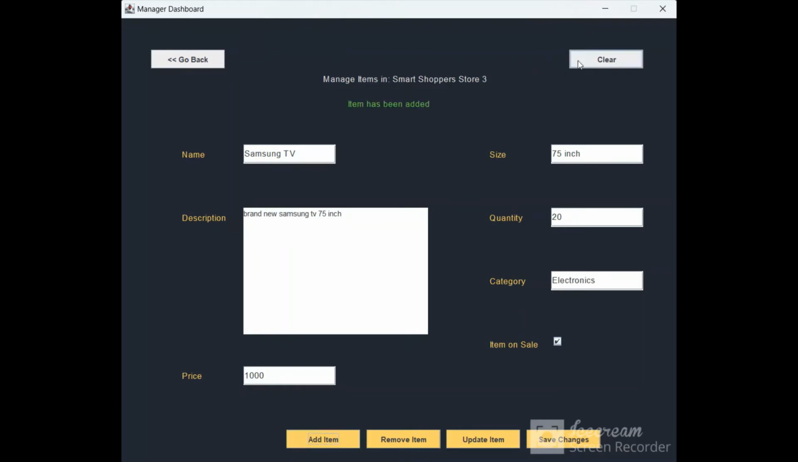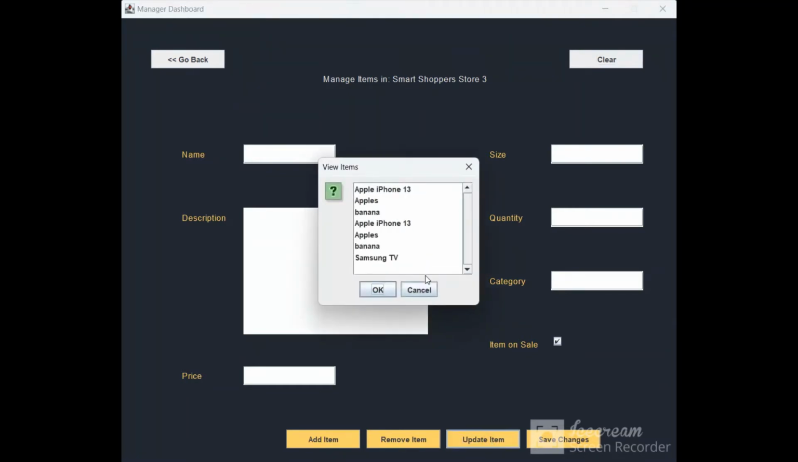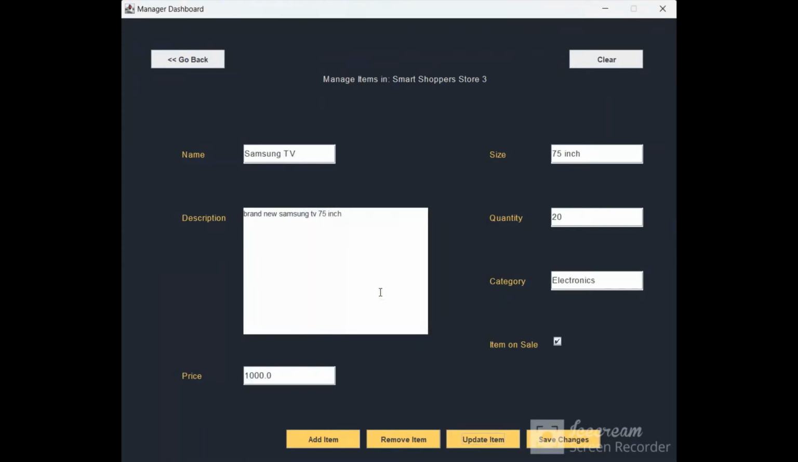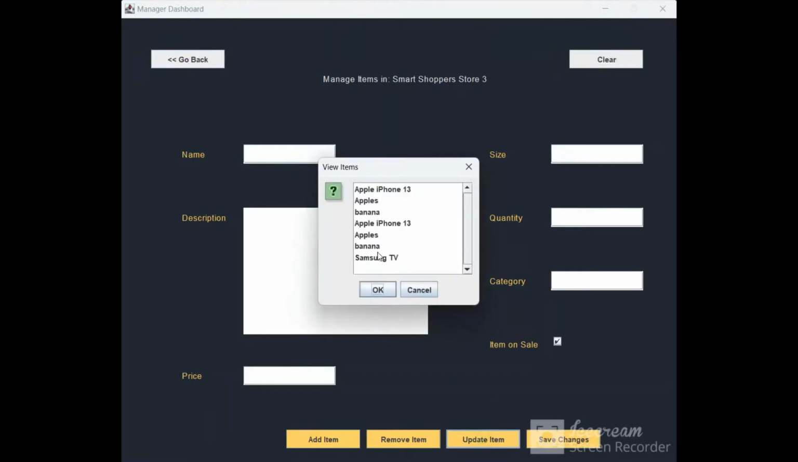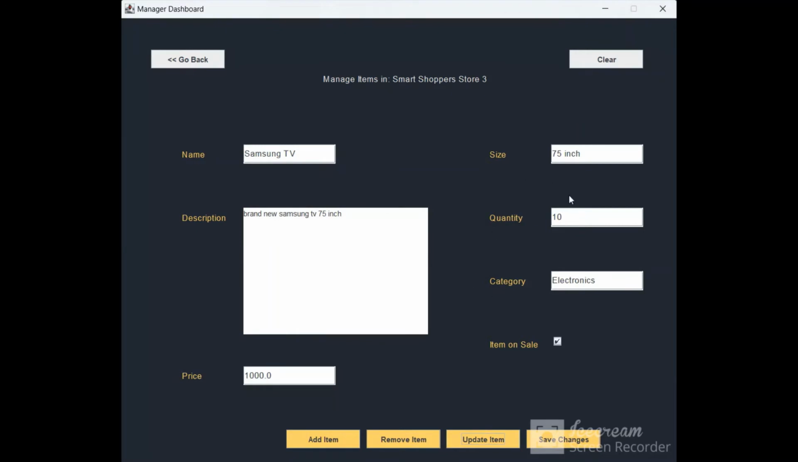So item has been added. And now I want to update the item. So if I click on update item, I get a list of all the items in the store, which is Apple iPhone 13, Apple's banana, and Samsung TV. So I can click on Samsung TV, click OK, and all the fields are filled out. So I can update the quantity for instance. So let's say I update quantity to now 10, and I can now click save changes. Item has been updated. And if I select the item again, Samsung TV, we can see the quantity has been